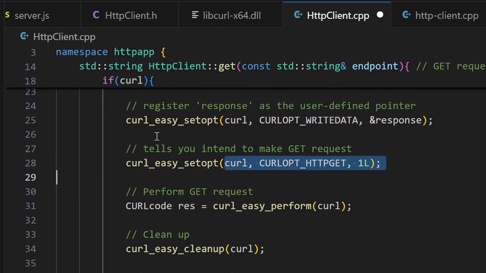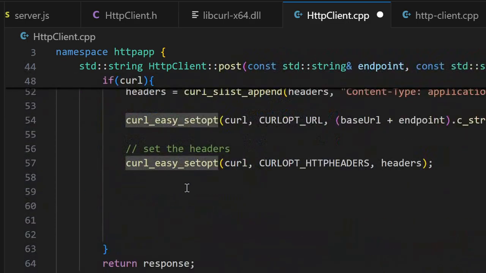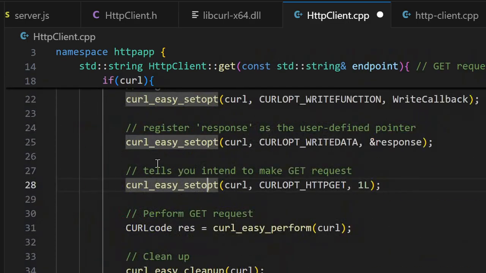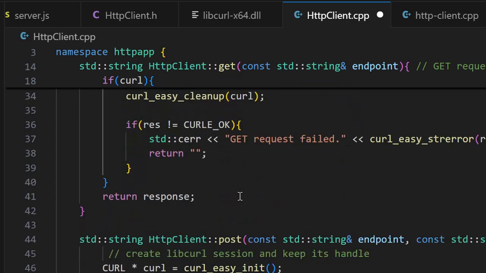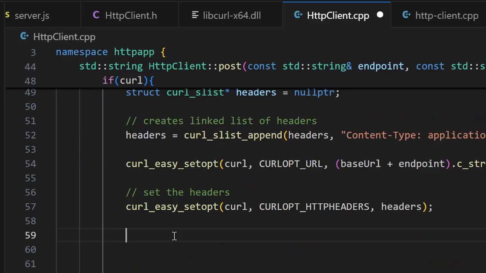Here you want to tell it that you intend to make a post request. Get request goes by default. If you don't do anything, it will be a get request. But for a post request, you must be explicit in having this kind of statement. So maybe have this comment, make post request,